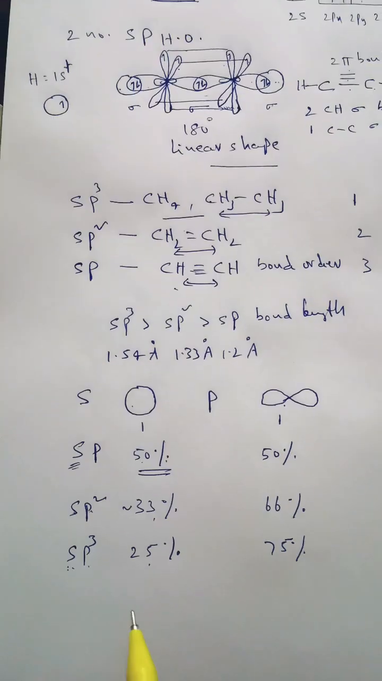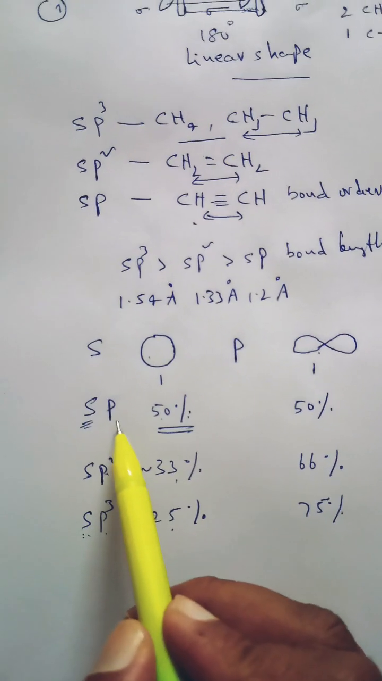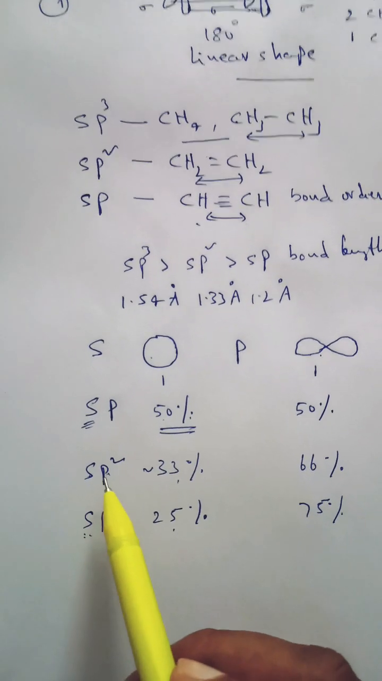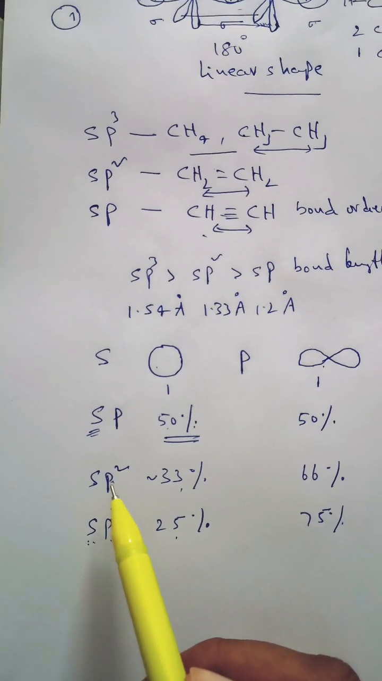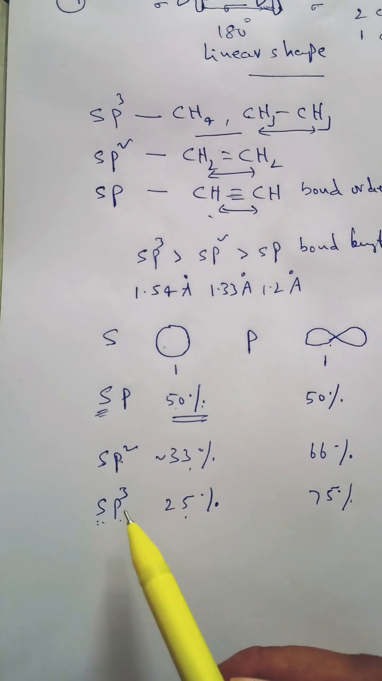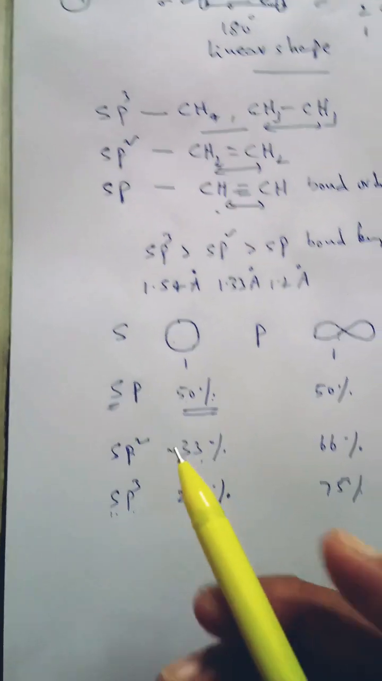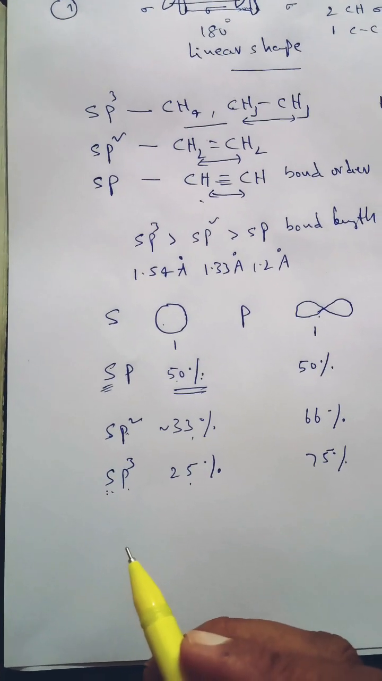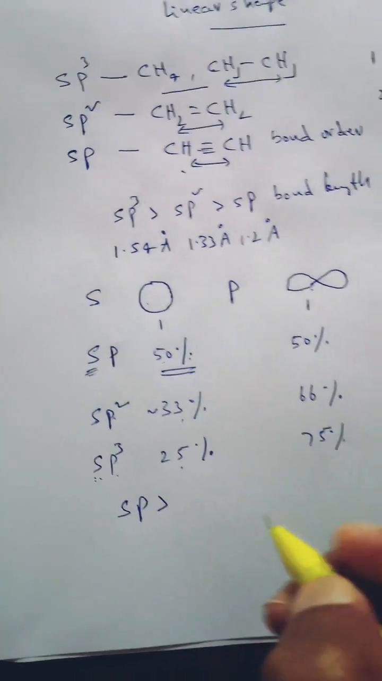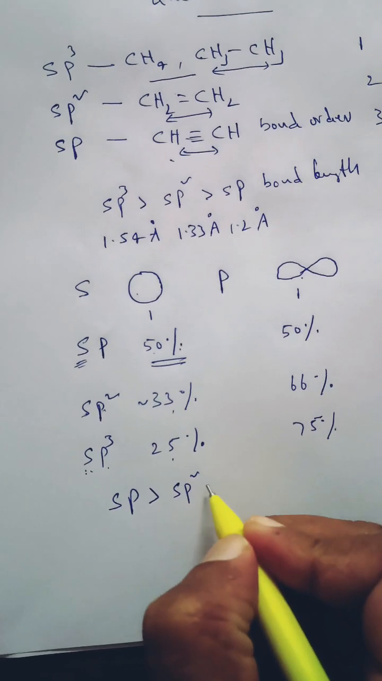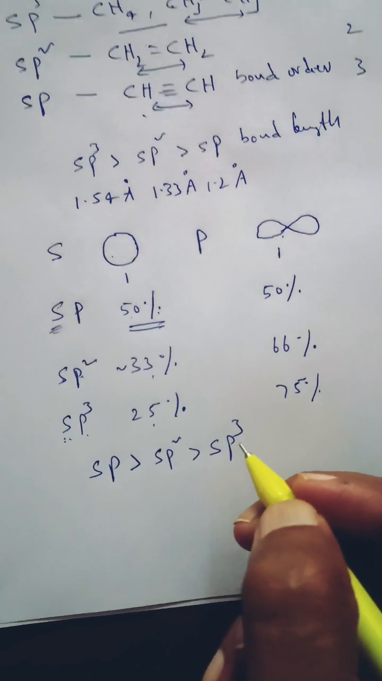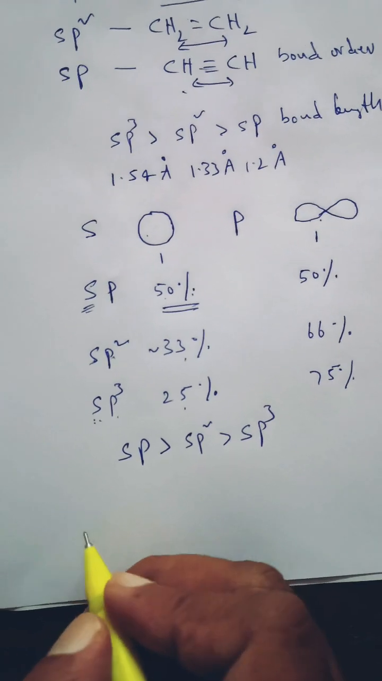That means sp hybrid orbitals attract the electron density more compared to sp2, which has electronegativity in between sp and sp3, and sp3 has the least electronegativity compared to sp2 and sp. So the electronegativity order is sp more, after that sp2, after that sp3. That is electronegativity. That means if we write the anions,